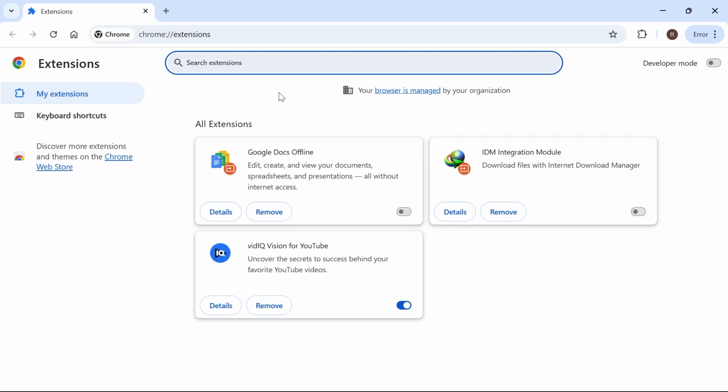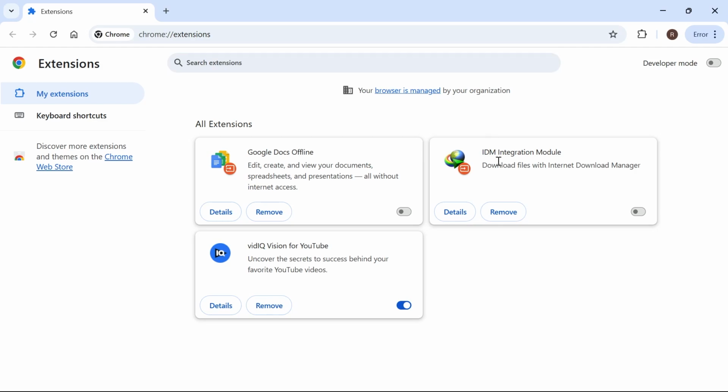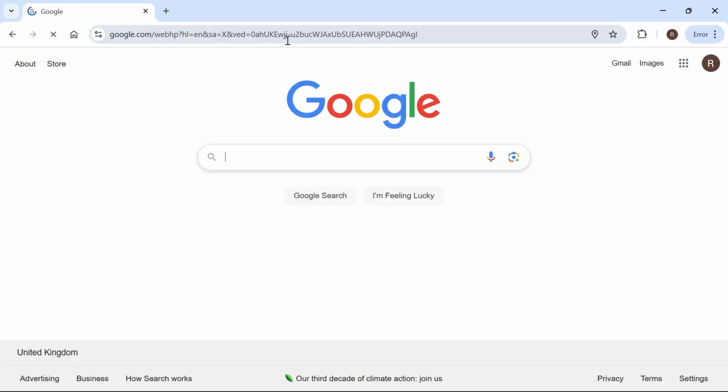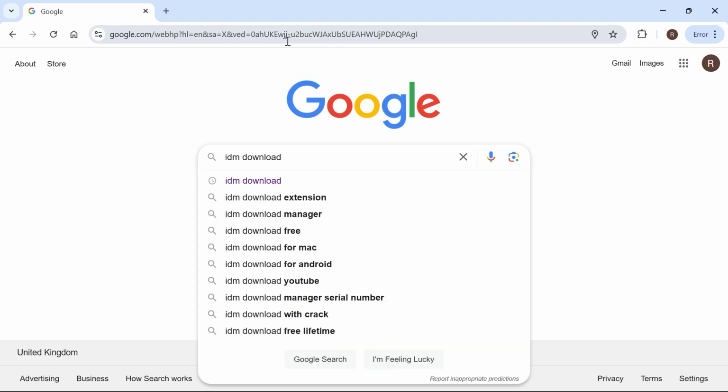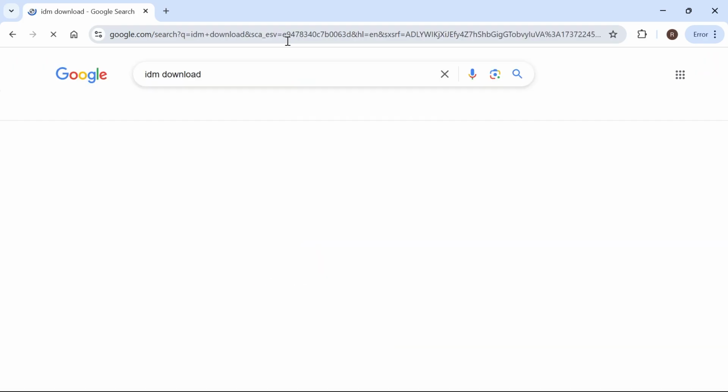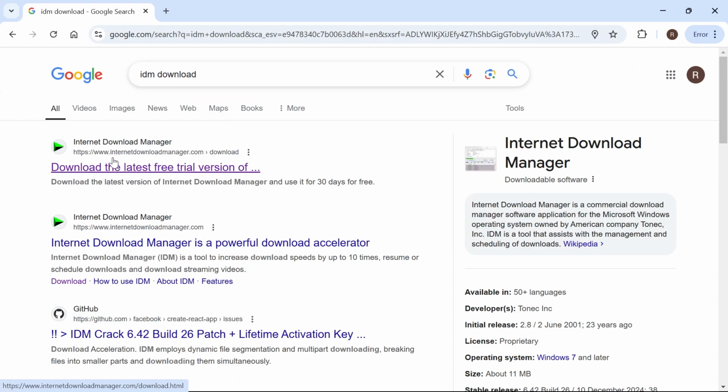In this video, I'll show you how to add the IDM extension to Google Chrome. So if you want to download this Internet Download Manager extension, all you simply need to do is head over to an internet browser, type in IDM download, and hit enter. Then click on this official website at the top, which is